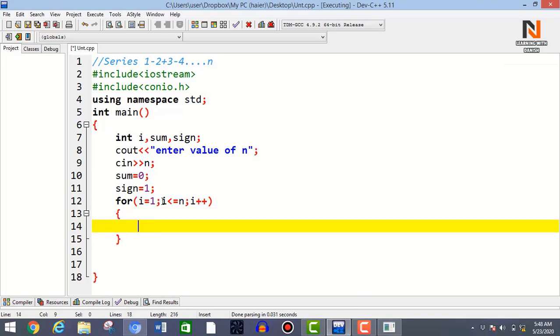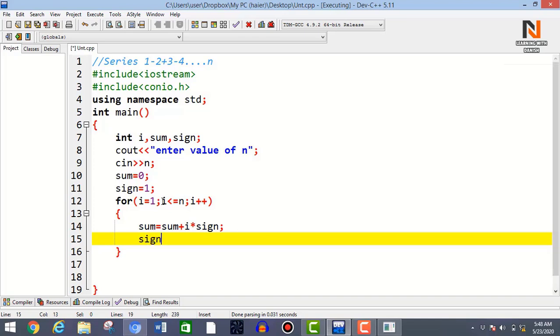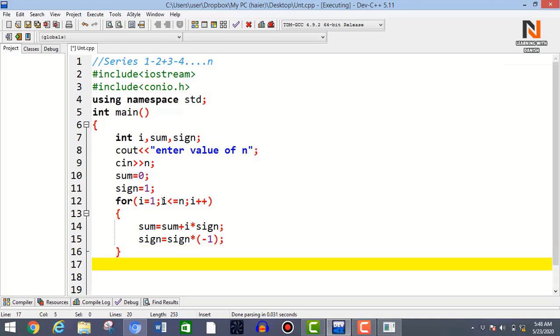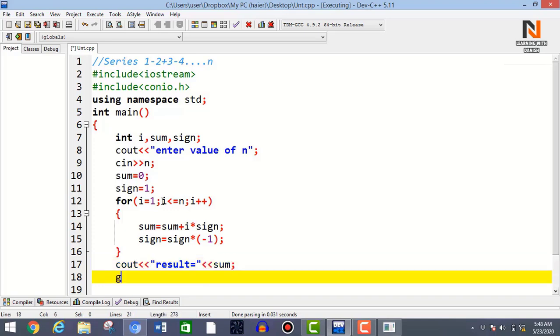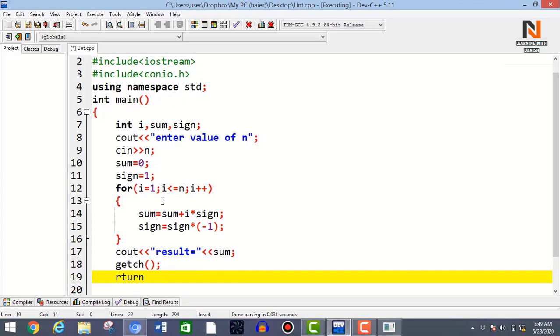Now in the body of the loop I am using sum is equal to sum plus i, multiplied with the sign value; Now sign is equal to sign multiplied with minus 1; and here you get the result. cout result is equal to sum, and here you get its result value, getch(); and then return 0;